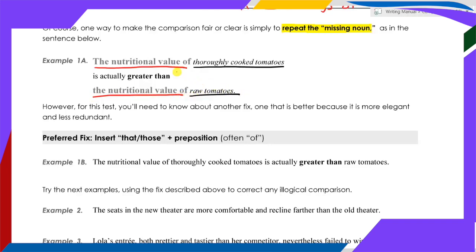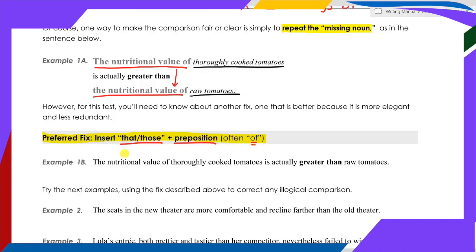So now we have this alignment between the nutritional value of one type of tomato and the nutritional value of the other type of tomato. So that would be a perfectly fine fix. However, there is a much more common, much more elegant fix that ETS will tend to prefer on this test, and that is to use a pronoun like that or those plus a preposition, which very frequently ends up being